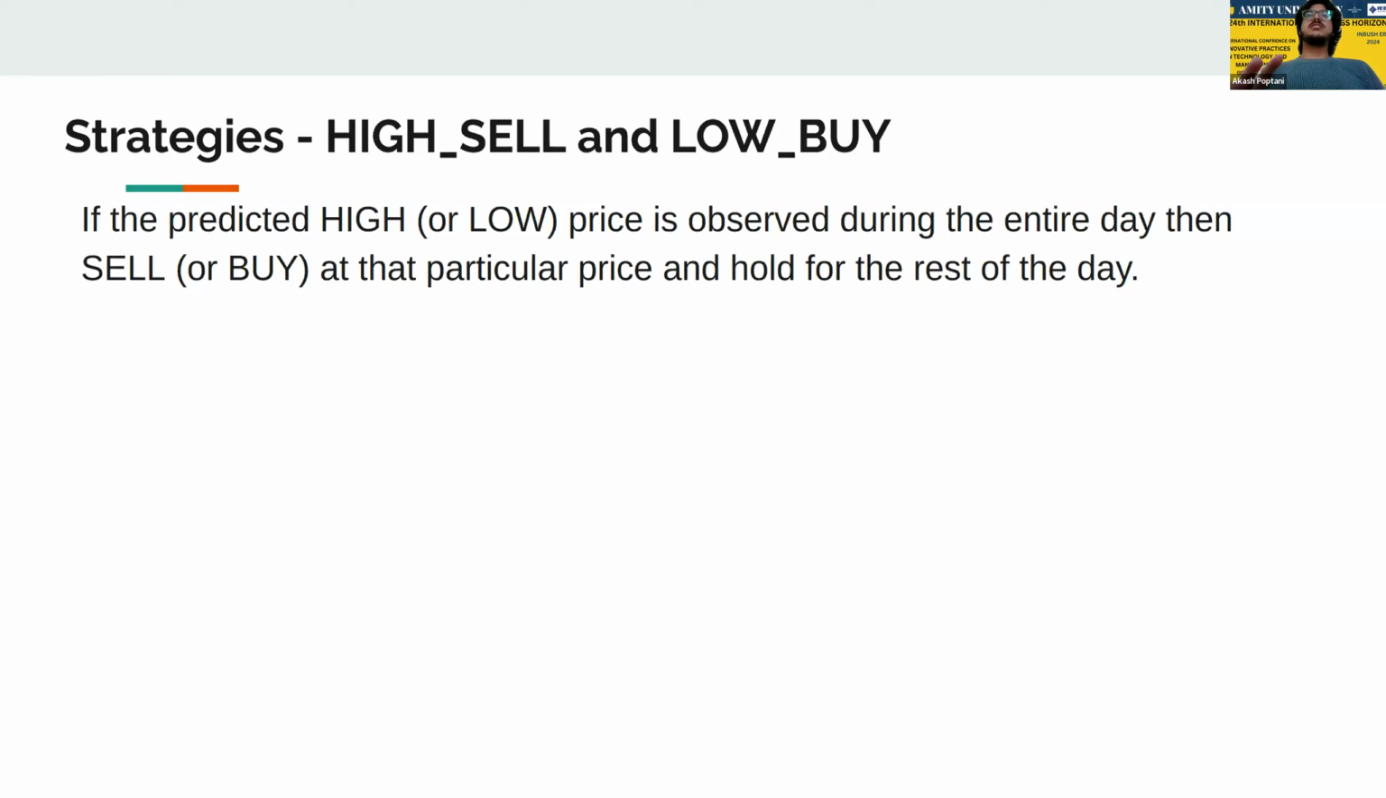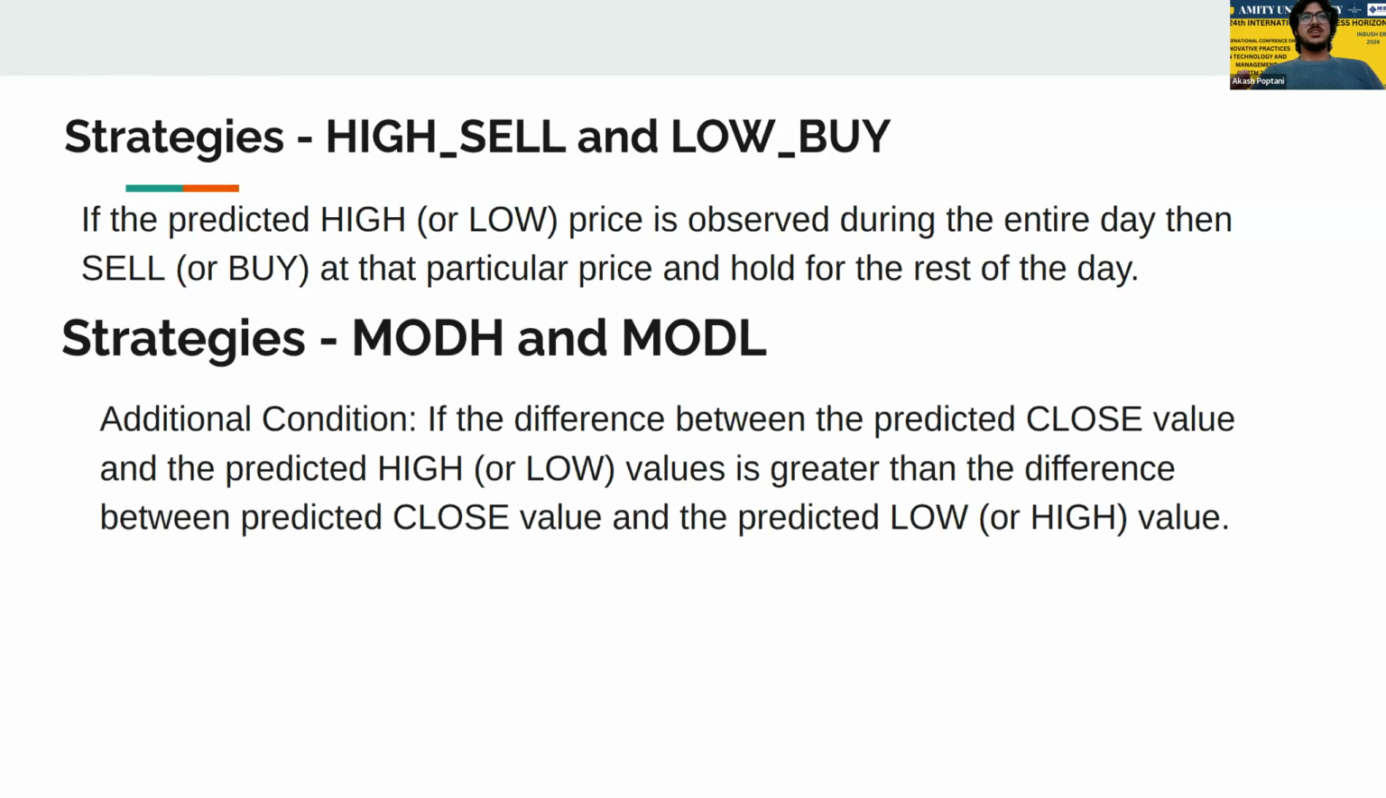But we observe that these two strategies are overdoing in some way, and there are plenty of unfavorable trades which get executed when we go with these strategies. So we think about being more selective, and we come up with two more strategies, which are mod H and mod L. So mod H, which is the modified high sell strategy, has an additional condition with respect to the high sell strategy, which says that if the difference